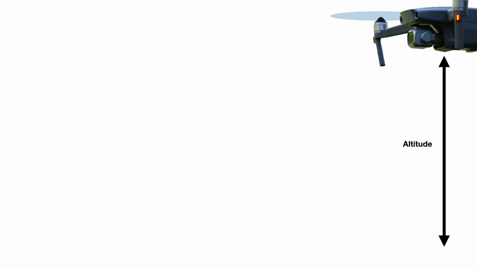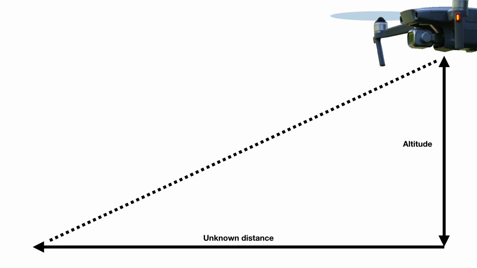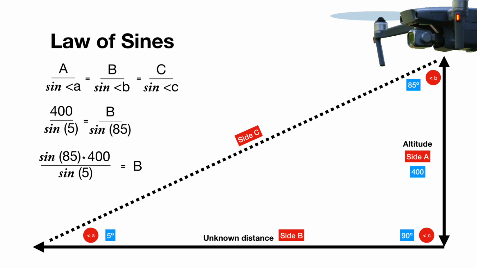With just a few pieces of information, it's possible to determine the exact location of a distant object observed in your drone's viewfinder. The key is knowing the altitude of your drone, its compass direction or bearing, and most importantly, the angle that the gimbal is at. This will help us use the law of sines to determine the distance from your drone to that object observed